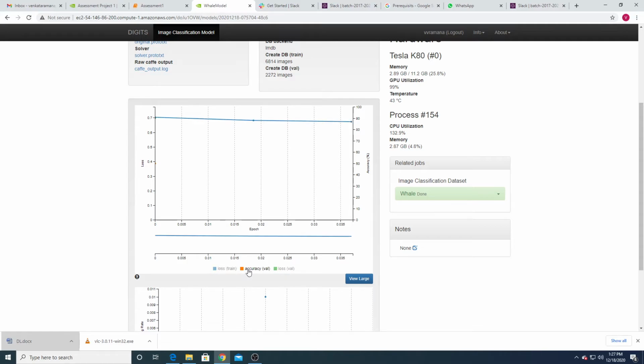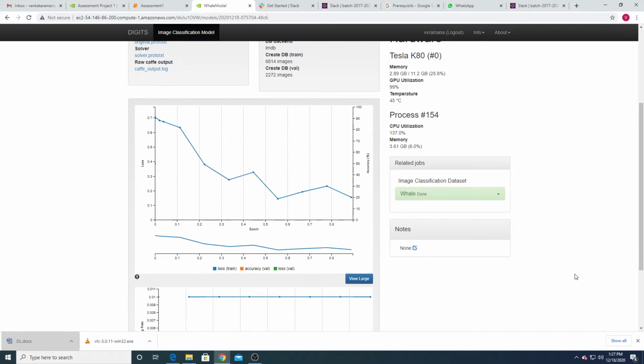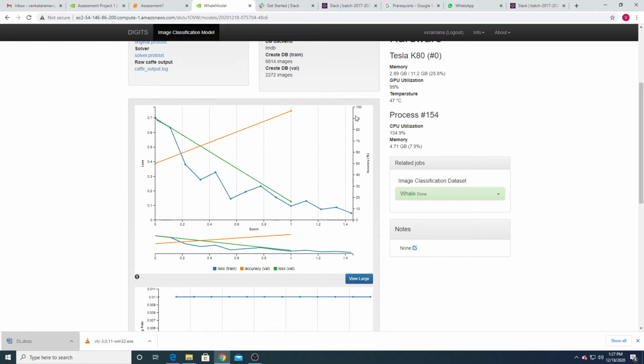Orange color is accuracy. After 5 epochs, at least we expect 80%. Yes, it's nice, right? Even after the first epoch, it reaches more than 90.